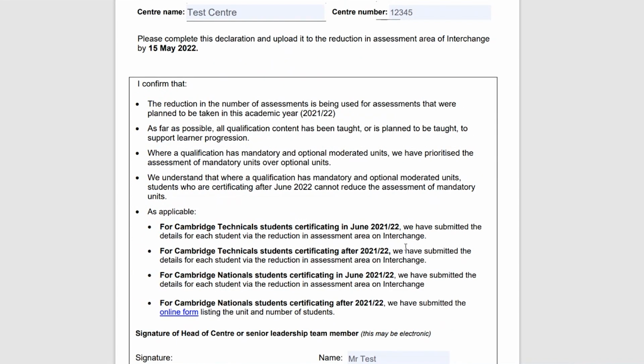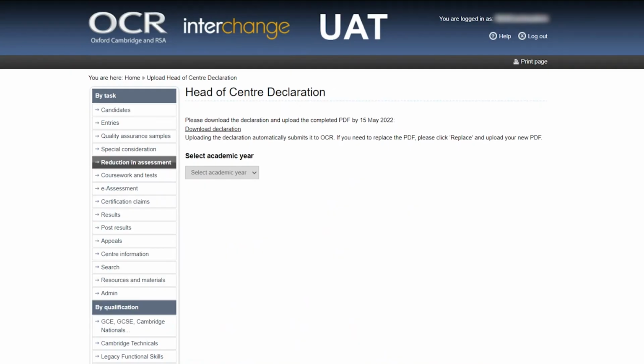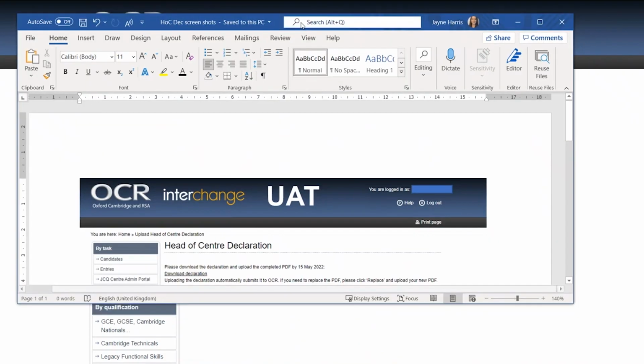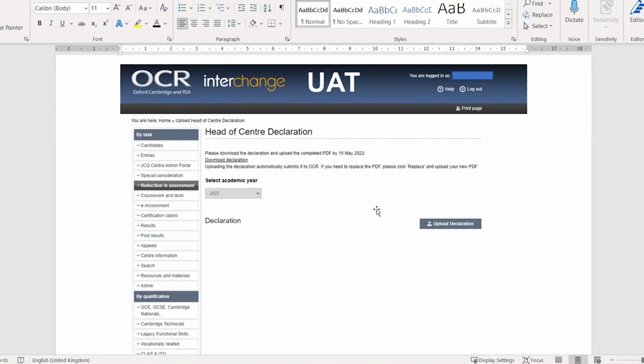For this video, we are using a test site, so we cannot show live data. So we are just going to show you some screenshots of how the information will appear on your systems. Whichever way you complete the form, please make sure that you save them in your documents area. Once they are saved,